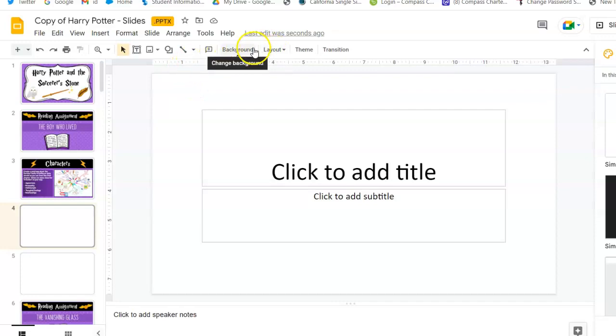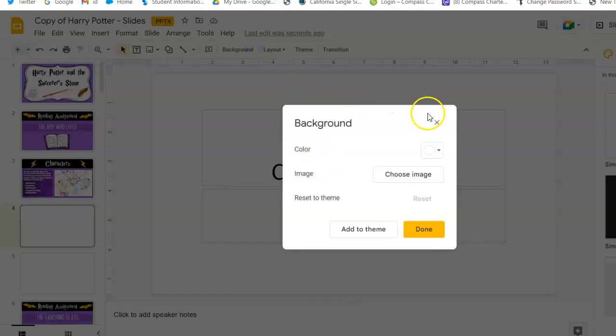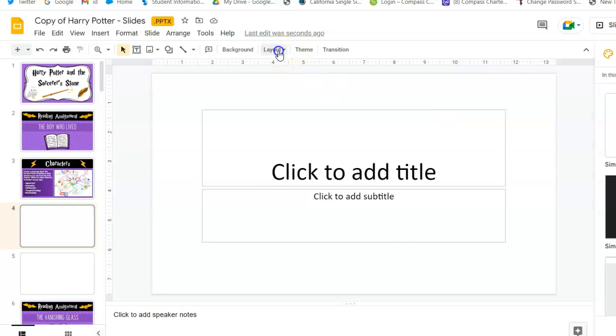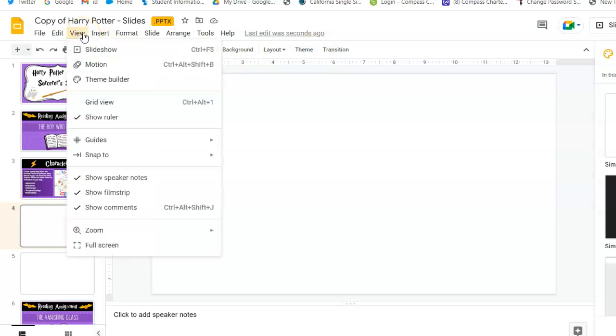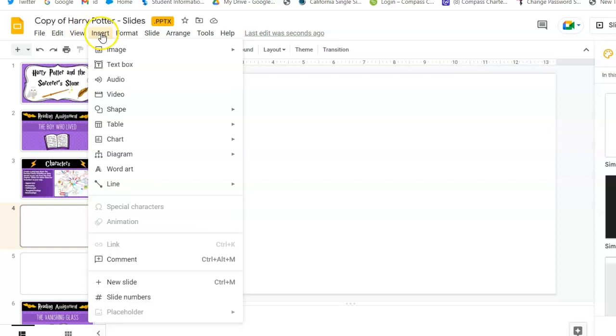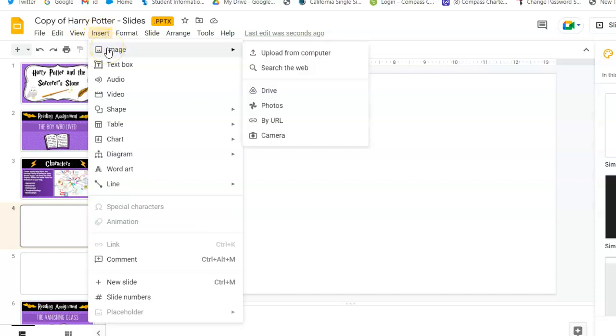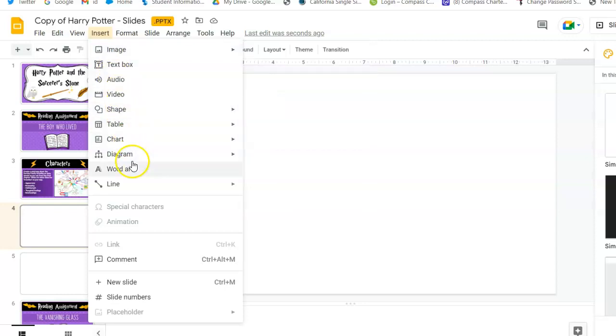You can change the background if you want to make the background a different color. You can change the layout if you want it to just be a blank layout. And here you can add your work. If you did it on a different doc, you can go insert, upload it from the computer in order to